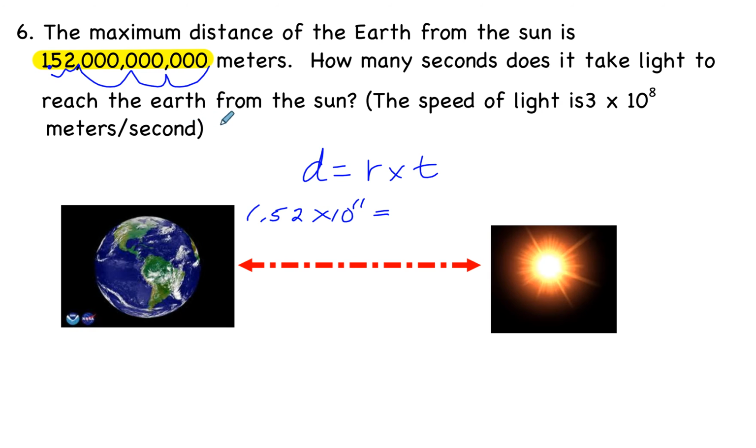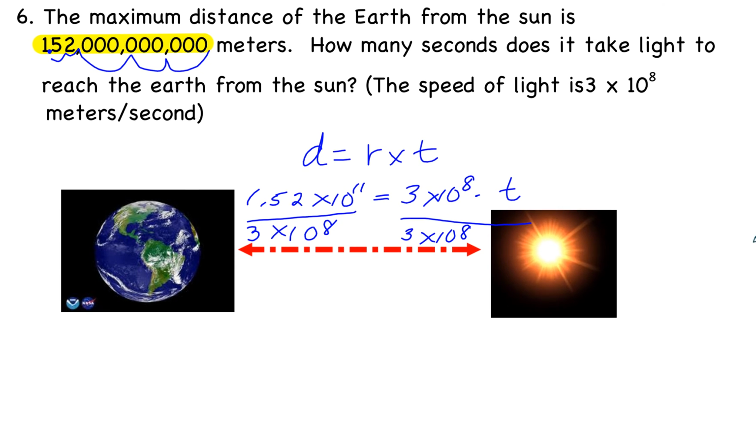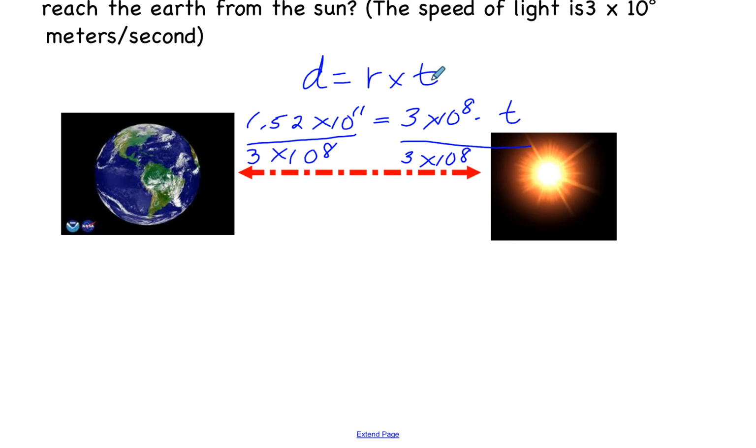is equal to, our rate is the speed of light, right? That's meters per second. That's a rate. So that's equal to 3 times 10 to the 8th. And then that's multiplied by time. We want to know the time, right? So we're trying to solve for t. If I want to know what t is, I need to divide both sides by that rate. So let's divide this side and this side by 3 times 10 to the 8th. Over here, these are going to cancel, right? Anything over itself is 1, and I have t is equal to